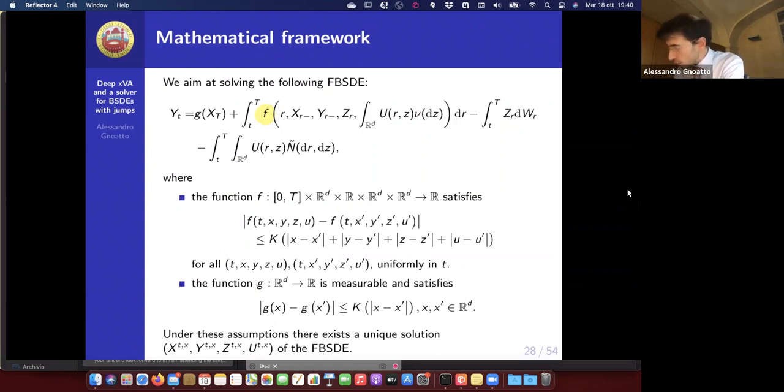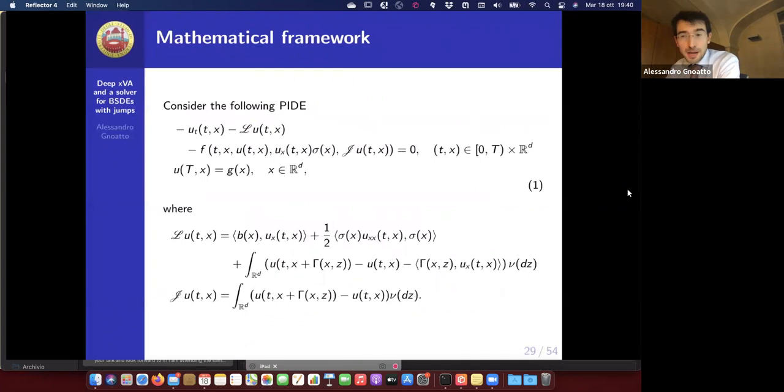So by introducing jumps, we don't only have Z as a control, we also have this U here. So far so good. Of course, we introduce a standard assumption ensuring existence and uniqueness of our BSDEs. We have some Lipschitz and linear growth conditions, etc. So now it is time to ask ourselves, what is at the heart of the solver? At the heart of the solver is the famous link between partial integral differential equations of this form, and backward stochastic differential equations.